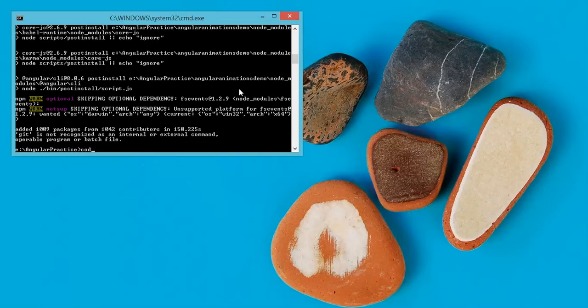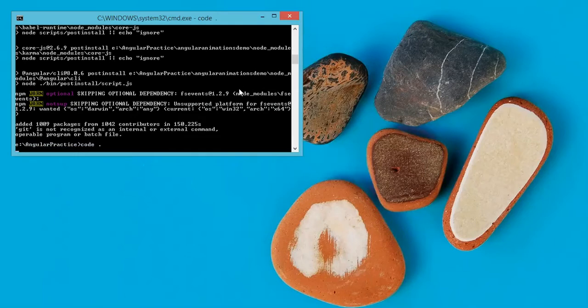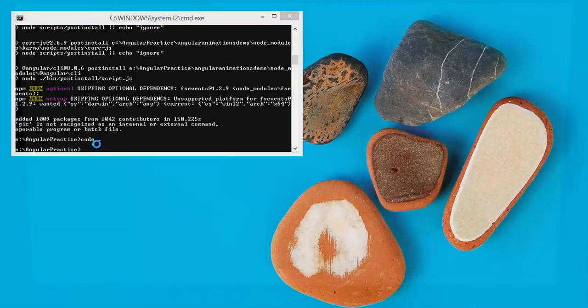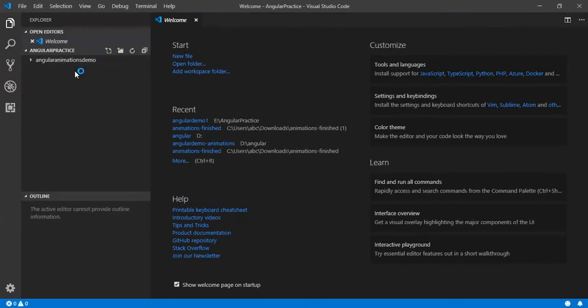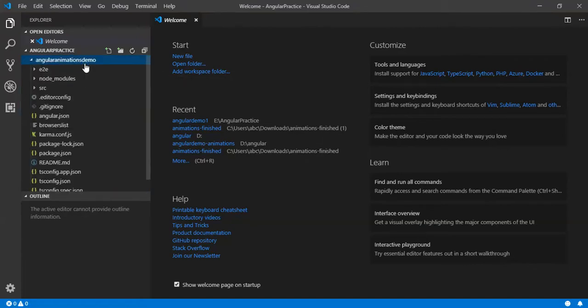Now I am going to use Visual Studio Code for editing my code base. So I have just started Visual Studio Code. Once my Visual Studio Code is loaded, what I am going to do is